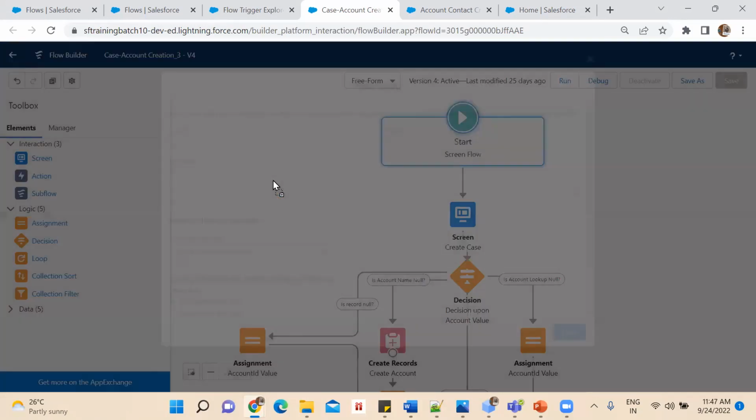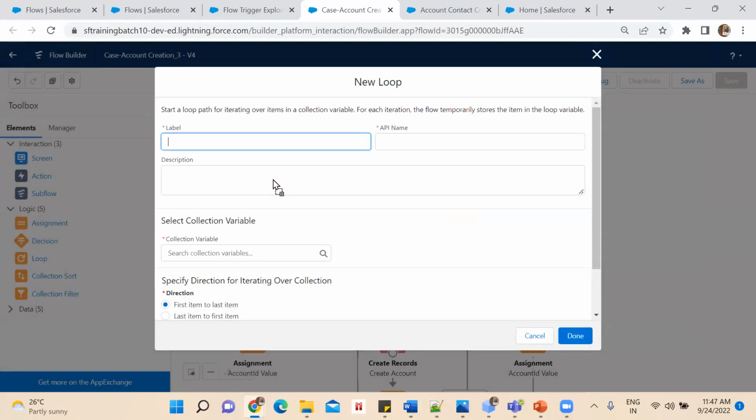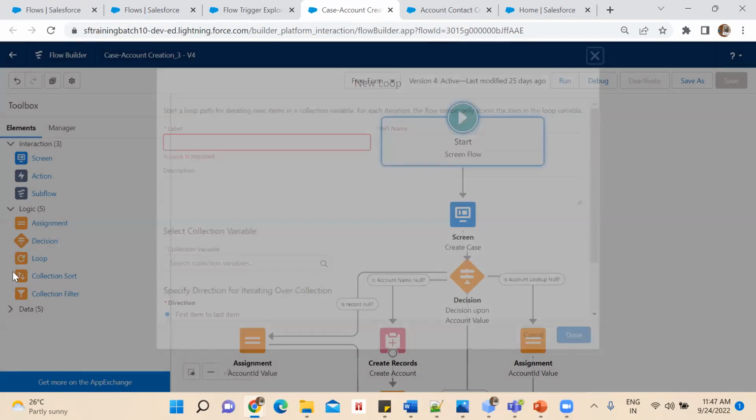Loop. Do I need to explain about loop? Okay, no problem. I'll tell you. So loop is nothing but your for loop. Okay. For people who are coming from an engineering background, you might have written for integer i is equal to 0, i is less than or equal to 1, i plus plus, right? So that is the for loop that you used in your engineering days. Now there are some different ways we use it in an Apex class. The same thing we can do in our flows as well.